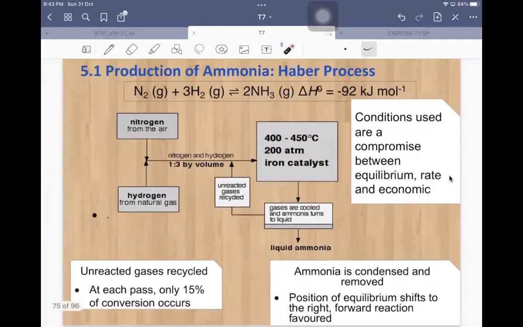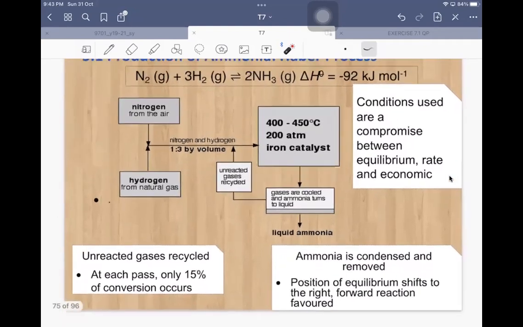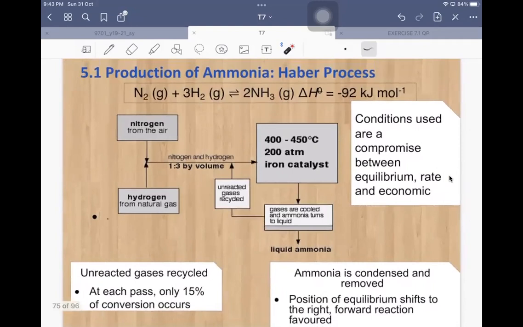Okay, and then of course at the end of the reaction there will be some reactants, some gases that are unreacted, so we just recycle them back into the reaction system so that they will finally react. And then also in this process, whenever we form ammonia, we always remove the ammonia after we turn it into a liquid, so that it is removed out of the equilibrium or the system,